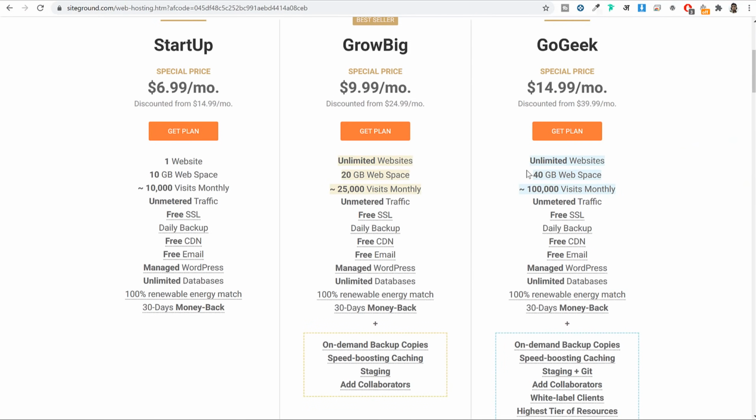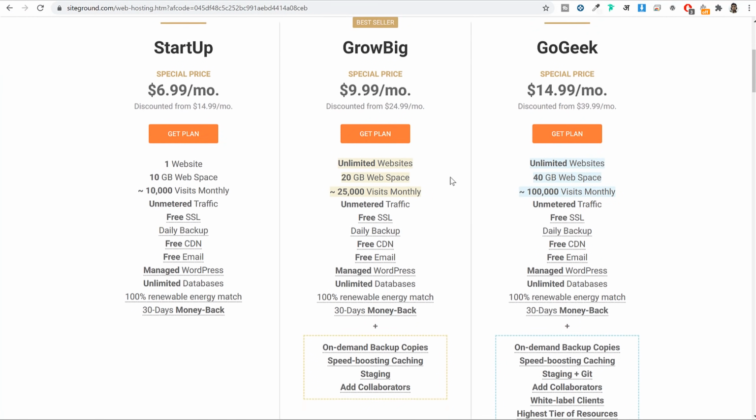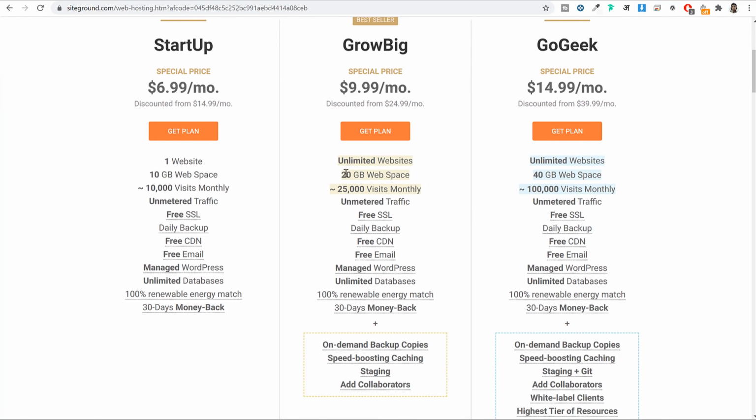Now in SiteGround, I recommend the GrowBig plan because here you can create unlimited websites. You have 20 GB of SSD space, fastest quality, best SSD space. You have all these different features that you can see. You have free SSL certificate, managed WordPress, and all these options. And here at SiteGround, these guys are using the Google Cloud platform to host your website. Security is also very good over here because these guys are using artificial intelligence to protect your website.